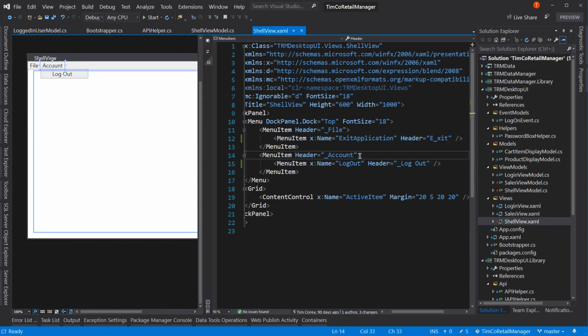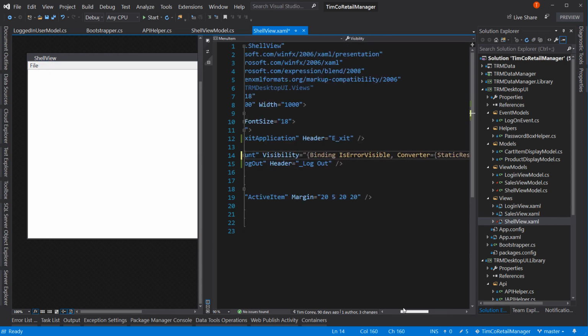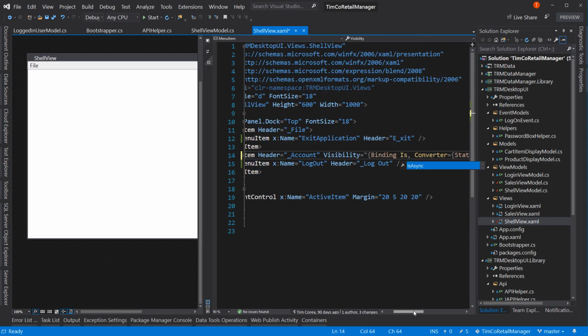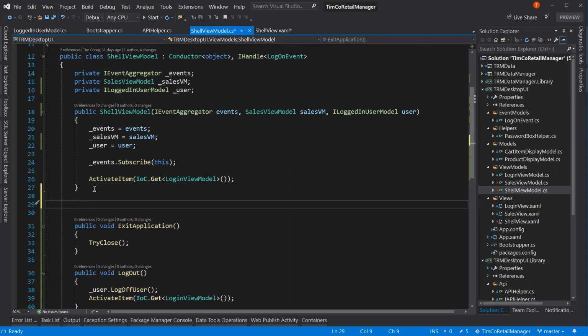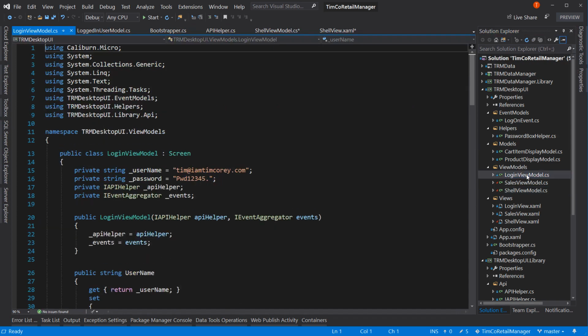And now I'm going to come back over here and apply it to my menu item. So it's not going to be visible based on not is error visible. It's going to be is account visible. So let's grab this, and this is going to need to return a Boolean. So public bool IsAccountVisible. And in here, we need to return yes, it's visible, or no, it's not. And actually, I believe we might have